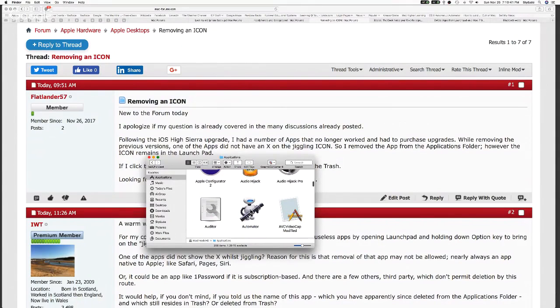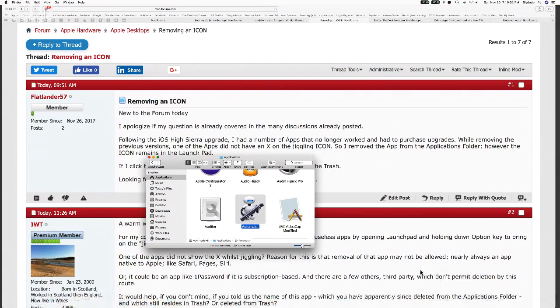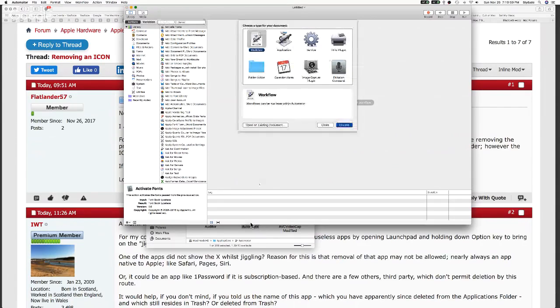Now, I've got two ways to do it. I can grab this icon and drag it back into the dock, just like you just saw me do. Or here's the other way to do it. Launch the application. And when you do that, I'm going to just go ahead and close this little